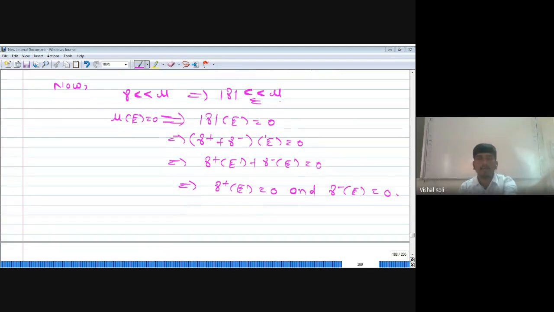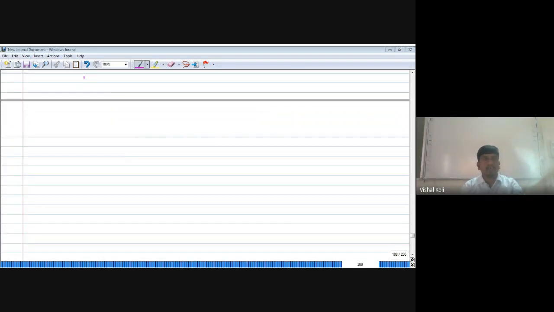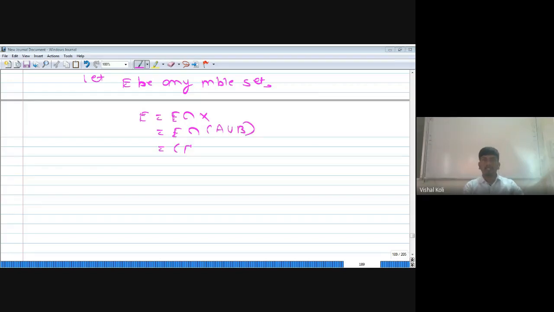Okay. Now, let E be any measurable set. As E is any measurable set, this E can be written as E intersection X. But here X is nothing but A union B. Put that value, E intersection A union B, which is nothing but E intersection A union E intersection B. As A and B are two disjoint sets and E intersection A is a subset of A and E intersection B is a subset of B, these two sets are again disjoint. Now apply the